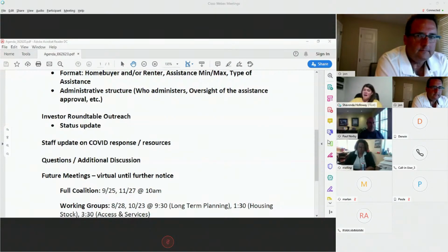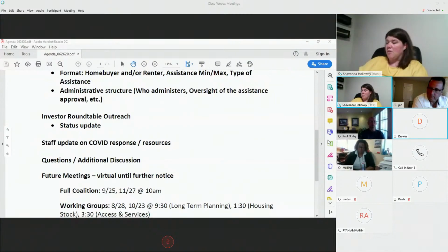So this might be a good time for a quick staff update, because it is exactly what we're talking about, as to where our current resources have been and where they're focused, and what we're still waiting on in order to get out some of the funds that we do have access to or will have access to. I'll give a very brief update, and Marla and Mellon can chime in with more details as needed. We were allocated some CDBG COVID funds directly from HUD. Some of those were already allocated along with the first round of ESG, the Emergency Solutions Grant, which is homelessness focused. Those funds were already allocated to agencies through a process, and we are simply awaiting our contracts from HUD for that. Those will be out the door,